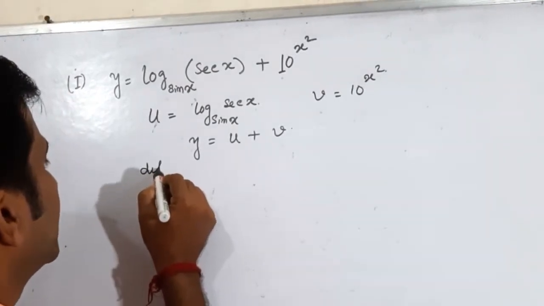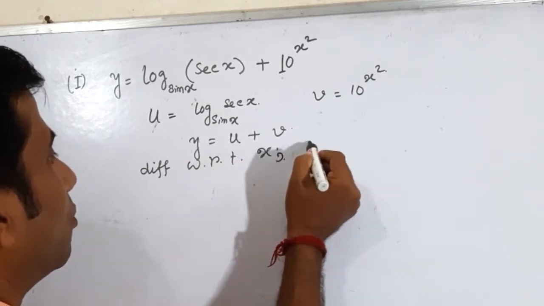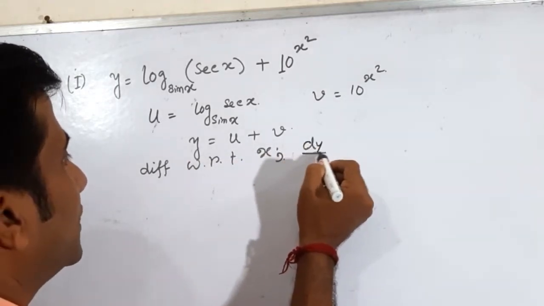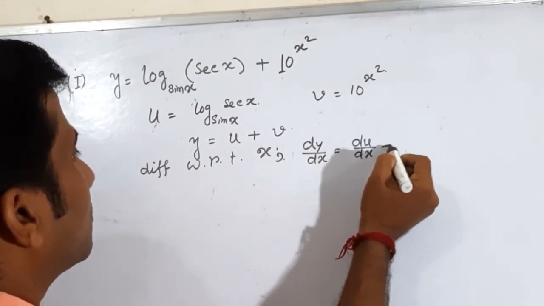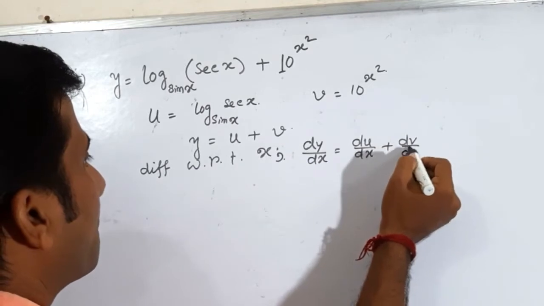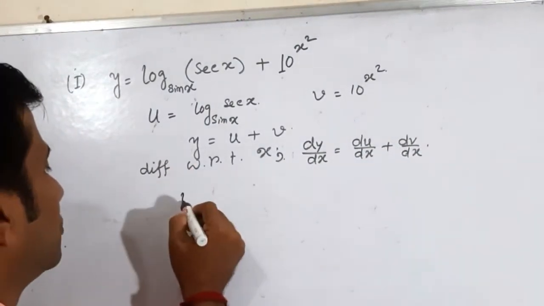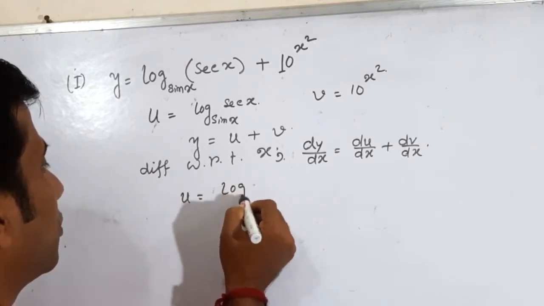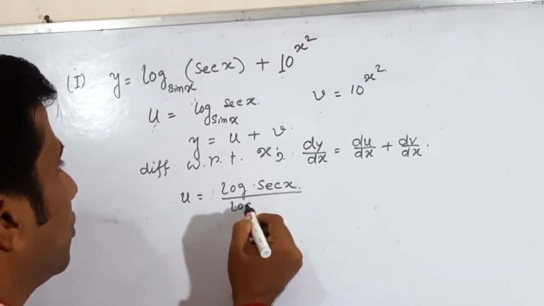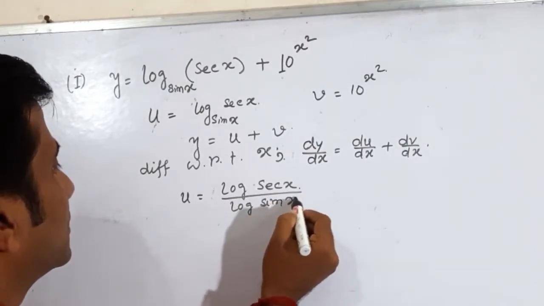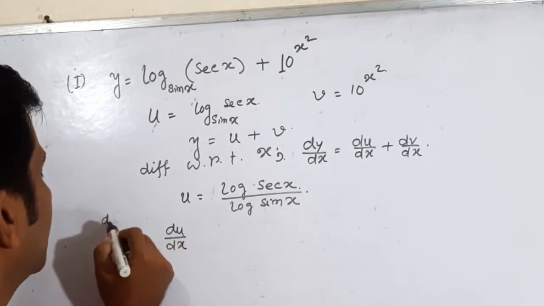Differentiating with respect to x, we get dy/dx is equal to du/dx plus dv/dx. Now u is equal to log sec x by log sin x. Then differentiating with respect to x,